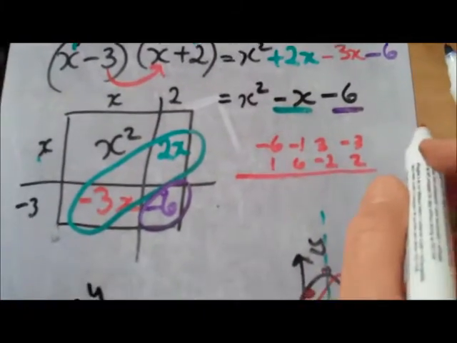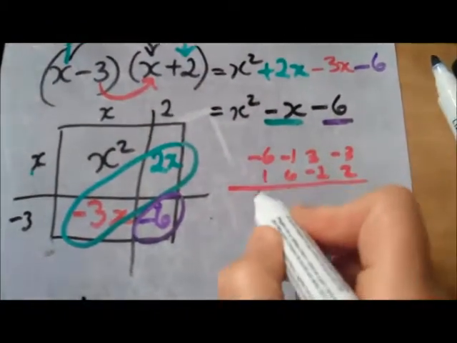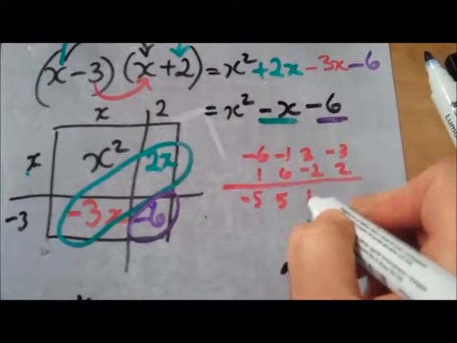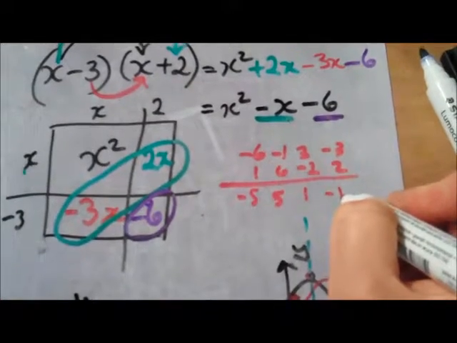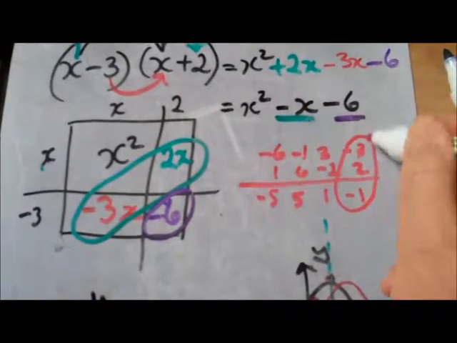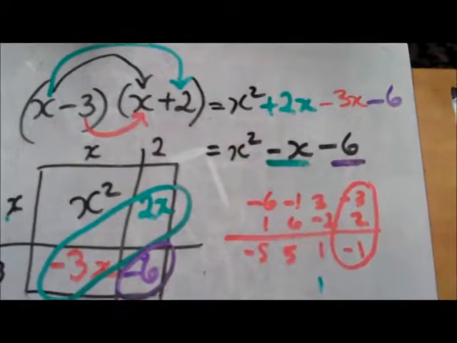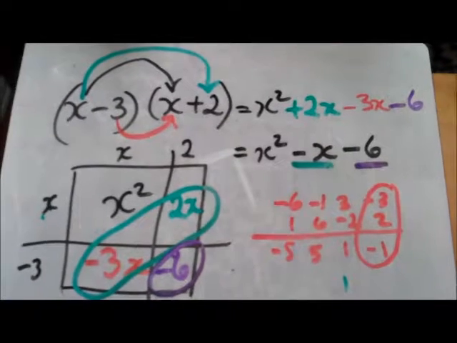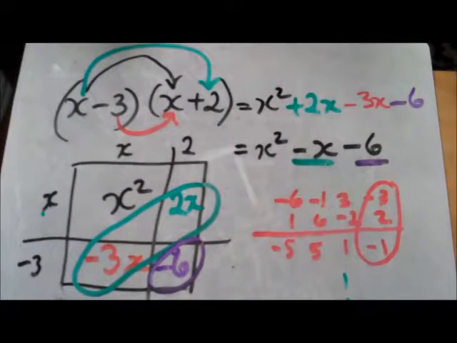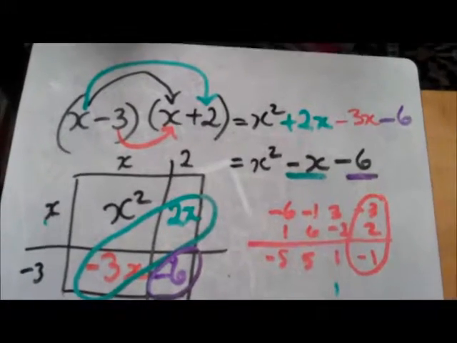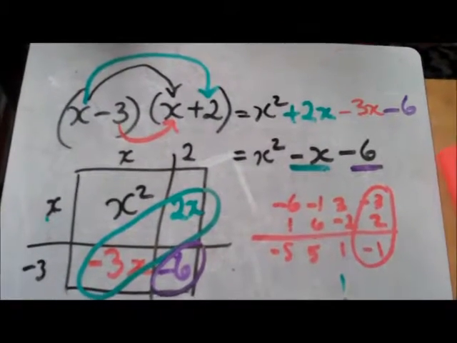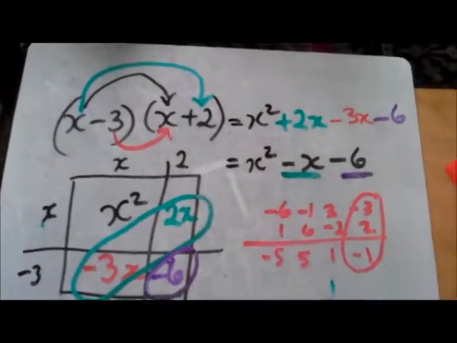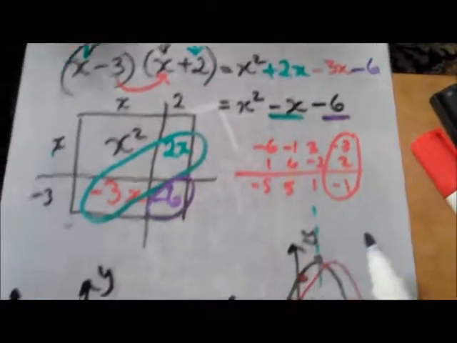Now let's see what happens when I add them together. This gives me minus 5. This gives me plus 5. This gives me plus 1. This gives me minus 1. So it tells me that these two have to be the factors that I'm looking for. X minus 3, x plus 2 equals x squared minus x minus 6. Being able to factorise like this, so being able to go from this to this, is important for when you want to look at graphs,